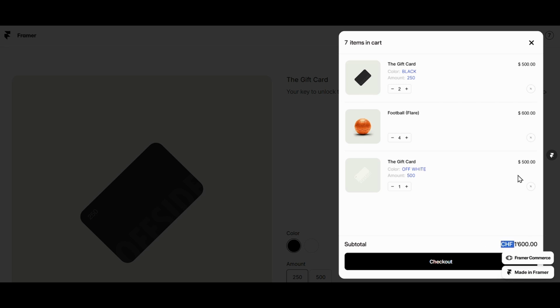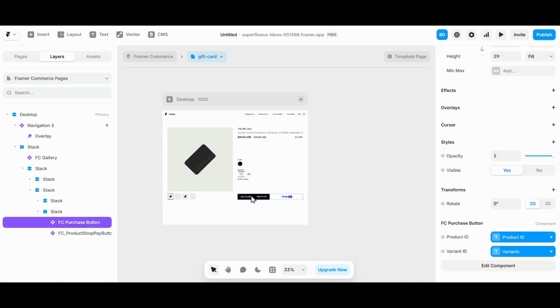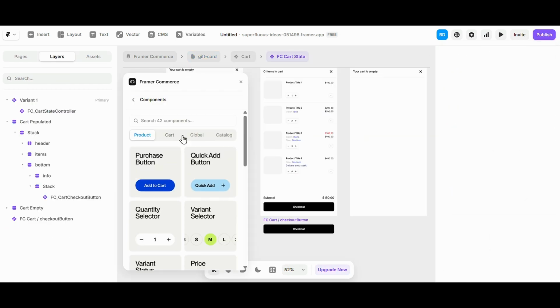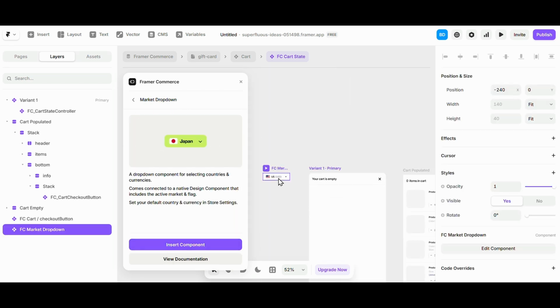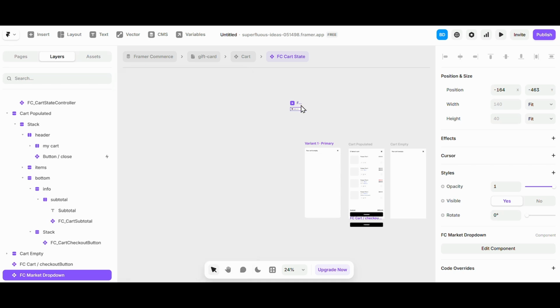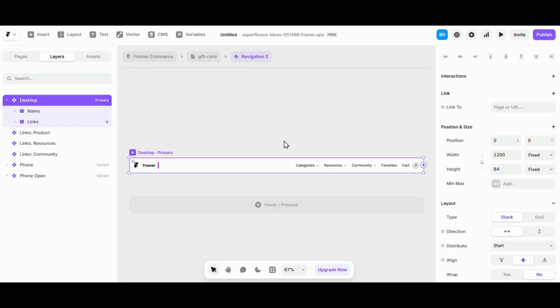One thing I'm saying is this: everything is in dollars, except the subtotal, which is also here, the price is CHF. We have to change it. So go to the components, and you can get this global and go to the market drop down. You get this drop down where you can allow the user to change the countries and the currencies they use. So I'll say add this at the header,